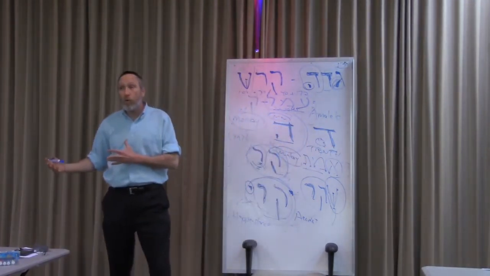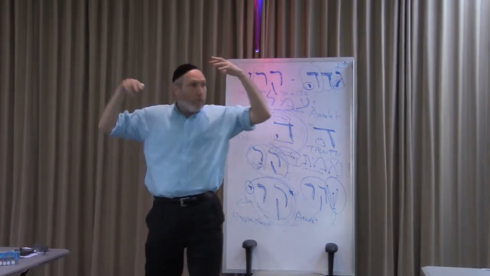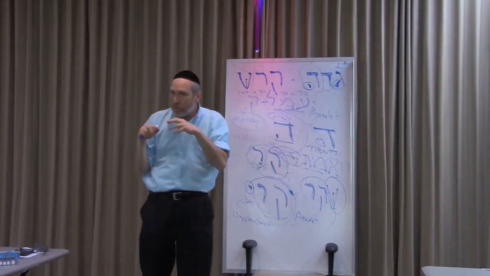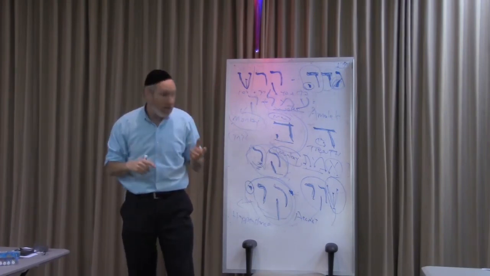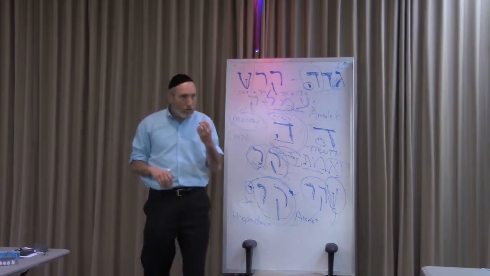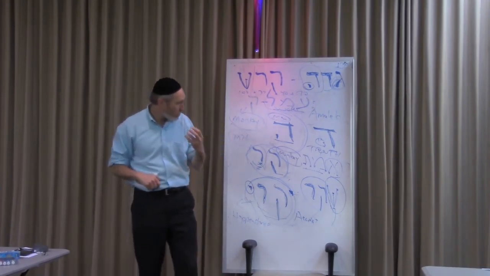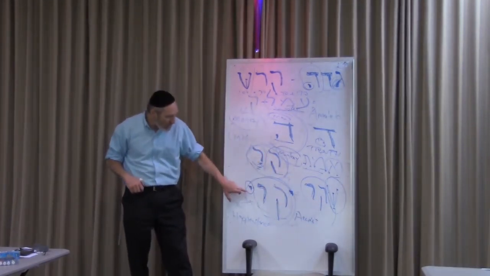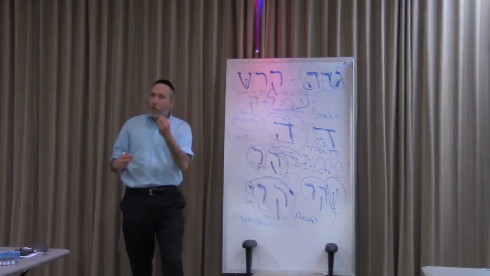But there's another part of the world where you start to dream things and you make up things and you're a dream boy and you yearn for things. And that's a trickier place. If you try to get all of your fantasies in the world, it's going to come out crooked. Crooked like these guys. It won't come out straight. But if you master that aspect of your dreams, and you don't fall into the sheker, into the lies, and you master it, you take the negative aspect and you focus the yud in the front, you create greatness.